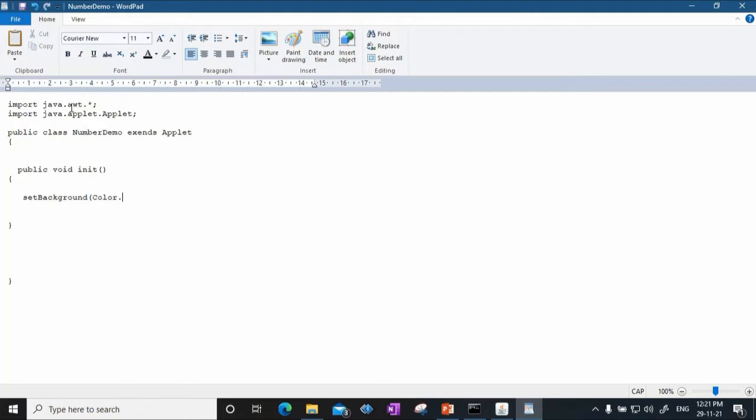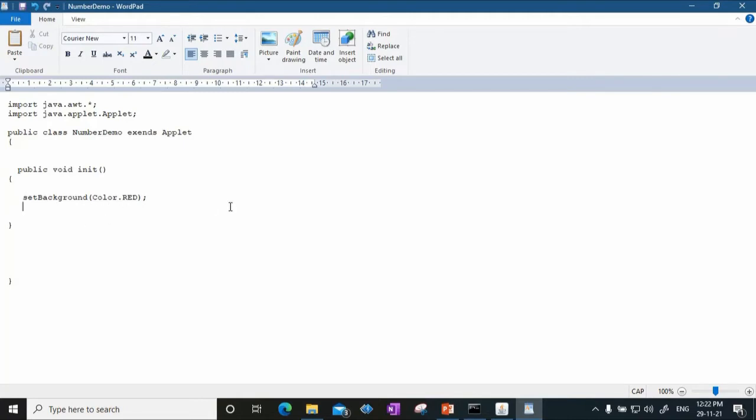So apart from this Graphics class, there is another class called Color. And this Color class has static variables which are nothing but the color names. For example, if I say Color.white or Color.red, let's say, by doing this I am setting the background color of the applet's canvas as red.